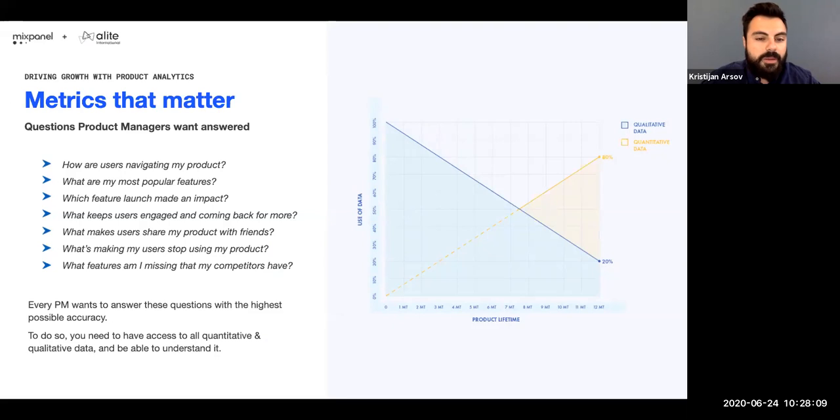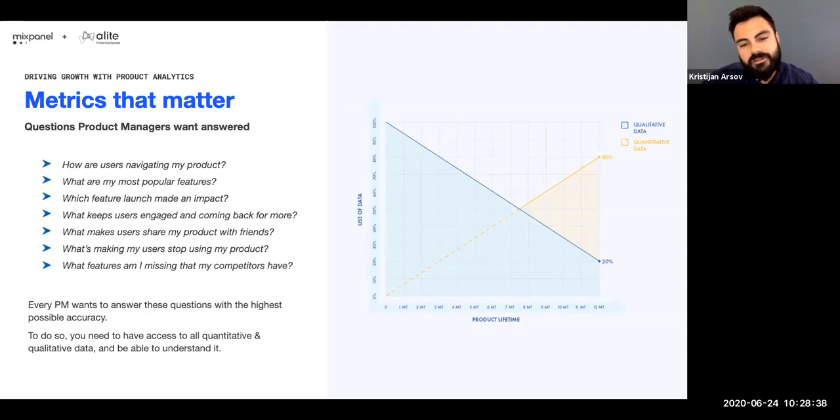What's keeping users coming back to your product, but also what's keeping them stop using it? And what are the features you're missing that your competitors have? And naturally, at the beginning of your product lifetime, you'll be relying almost completely on qualitative data. So stuff like insights and knowledge from your internal teams, from sales, marketing people, conversations with any customers, if you have any, conversation with friends, with colleagues, running online surveys, running focus groups, researching your competitors in the market.